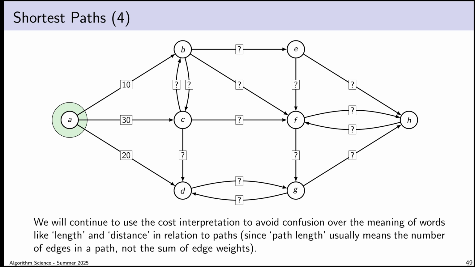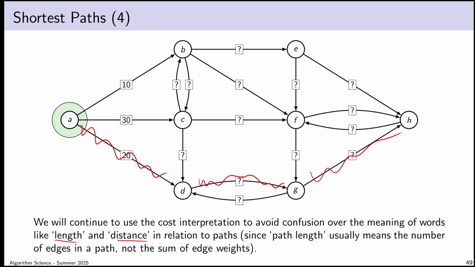but also because I'm very wary of the words distance and length having multiple meanings. Because the formal, and there's nothing wrong with this in general, I do work with shortest path problems outside of teaching this course, obviously. But I think as far as trying to internalize the problem, it's nice to not have words that have two meanings. So for example, if I talk about a path, here's a path here. A to D, D to G, and then G to H, for example. If I talk about the length of a path in an arbitrary graph theoretic setting, the length of the path is the number of edges on the path, so 3.